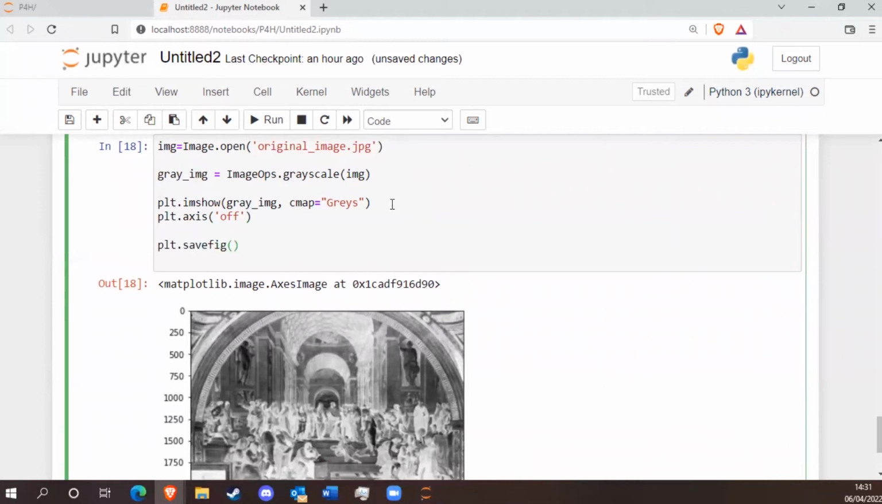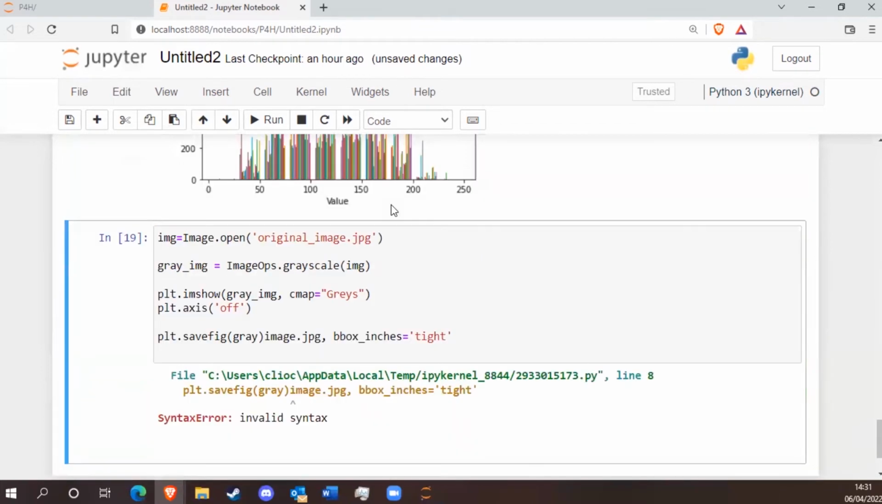Now, this is going to save the image in that same working folder that everything else is saved in. So save figure, gray image.jpg, and bbox inches equals tight just makes the white space around it a little bit smaller so you don't end up with an image with kind of a border around it. So if we do this,